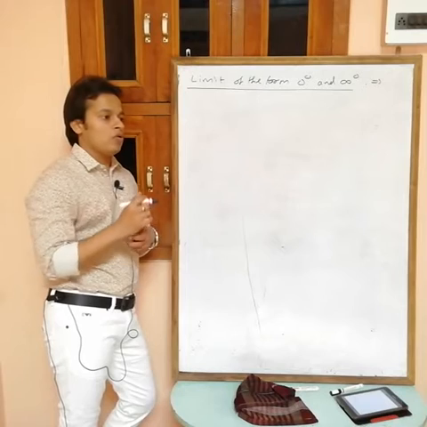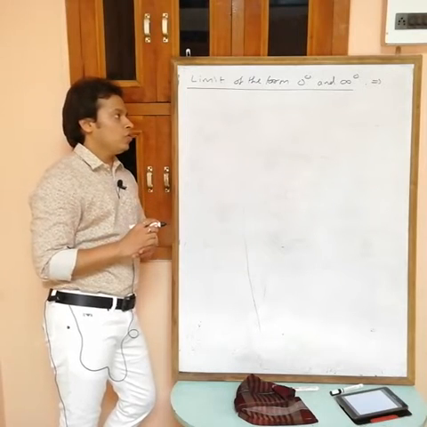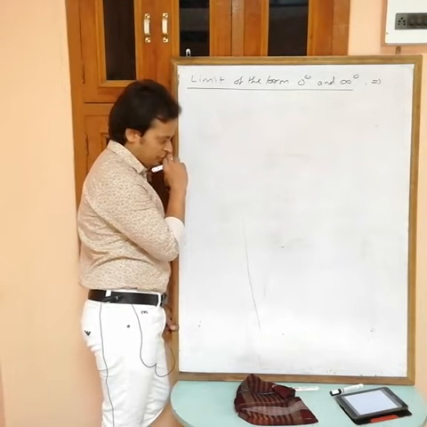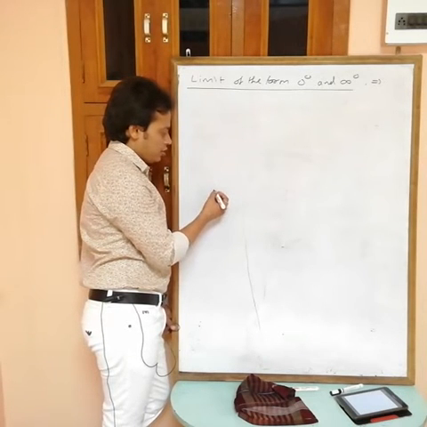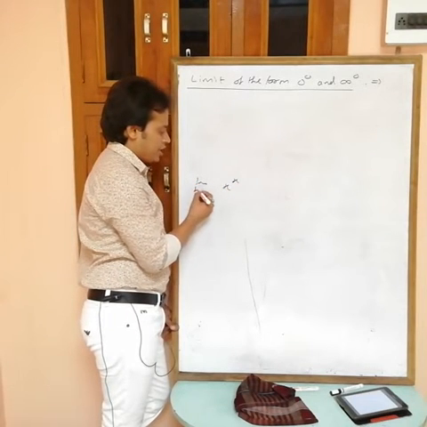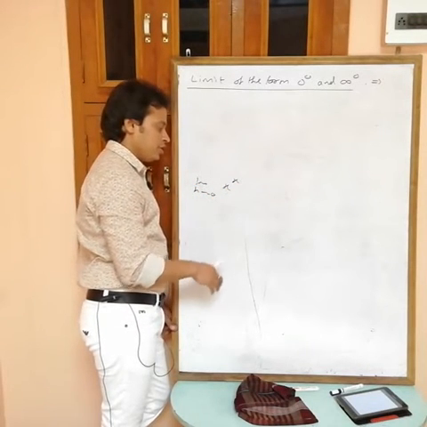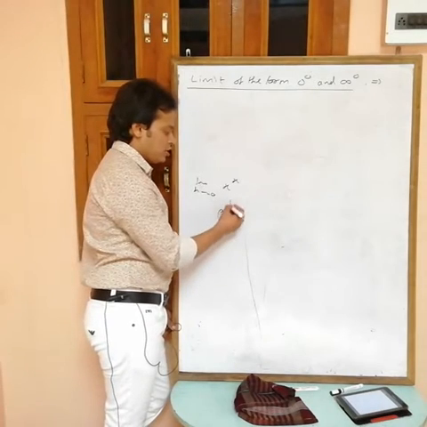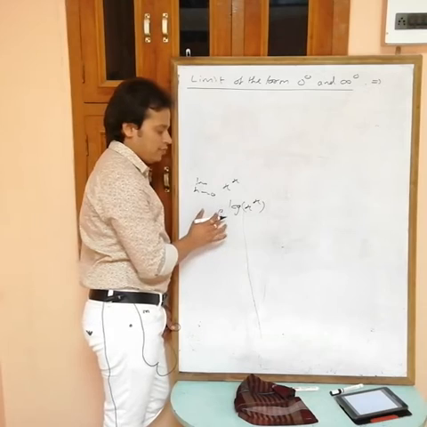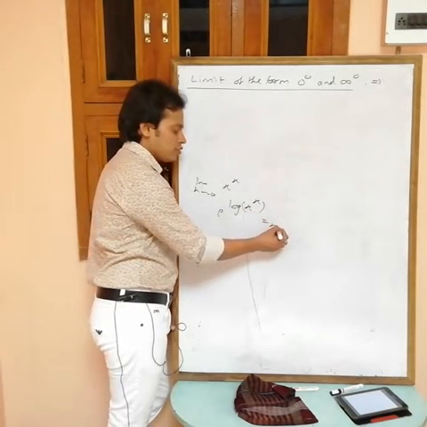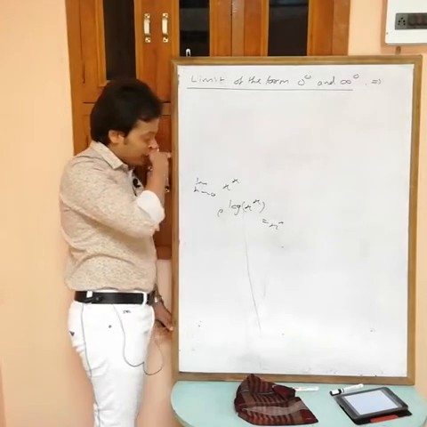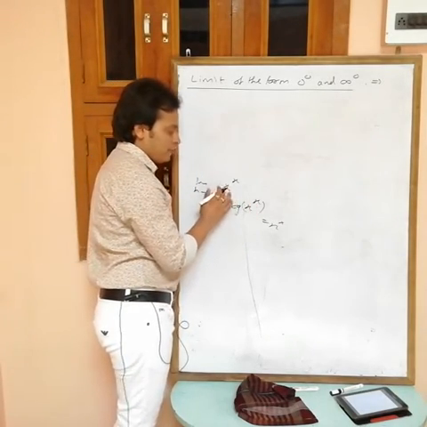will use logarithm. Or directly, suppose you have any term in this form, suppose x power x, limit x tending to 0. Then you can write this one as e power log of x power x, because the value of e power log of x power x is equal to x power x, e log e. Why are we using this one? Because here we have function power function.